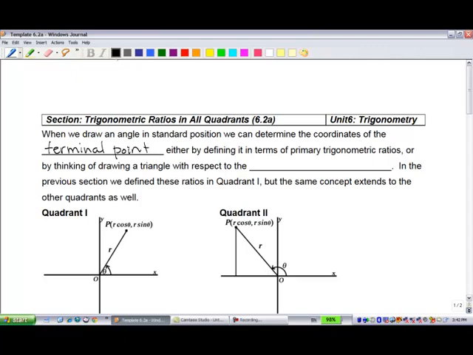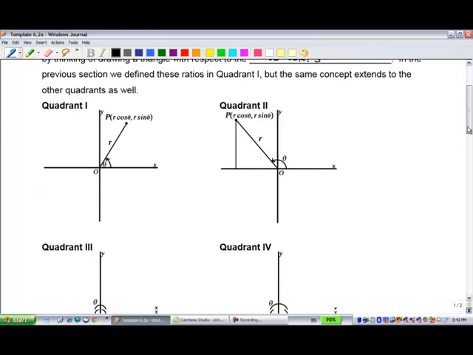either by defining it in terms of primary trigonometric ratios, that's like sine, cos, tan, or by thinking of drawing a triangle with respect to the x-axis. So we've kind of seen this in quadrant 1. In the previous section we defined these ratios in quadrant 1, but the same concept extends to the other quadrants as well. So I'm just going to label the sides as x and y, and I'm actually going to put down negative x, negative y for now, just to show you that